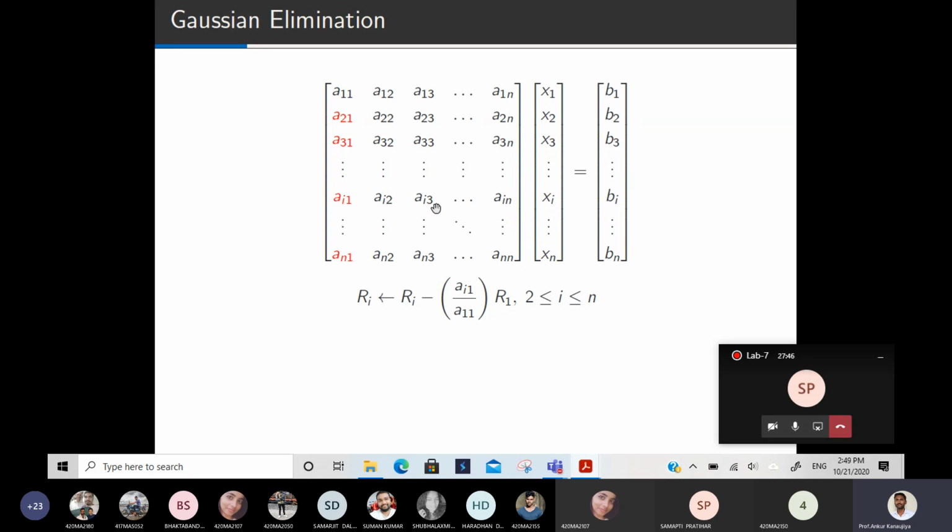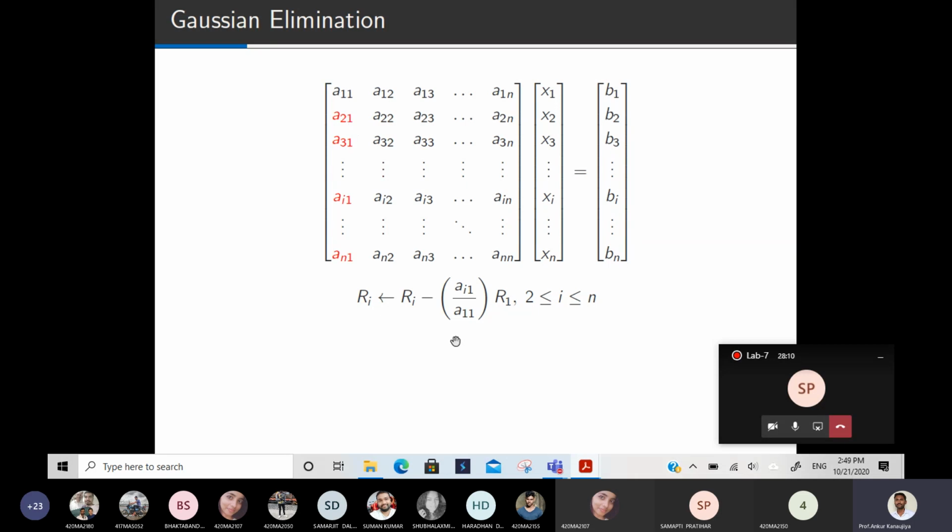This may be 0, this may be 0, we don't know, but this will definitely be 0. And the same thing we have to do. Suppose you want to make the second row, this A21 entry 0, then I equal to 2. From the second row you have to subtract A21 divided by A11 multiplied by R1. If you apply this row operation, then this A21 will become 0.